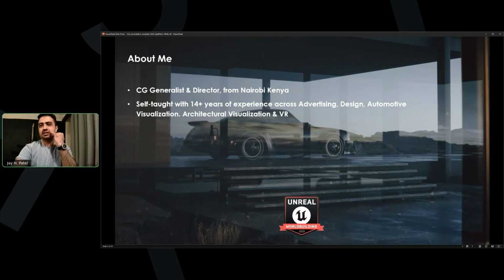I started learning CG back in 2010, and this came from an interest in film and gaming, mainly all those games we used to play in CryEngine, Crysis, and other titles. So I started learning CryEngine around 2012 before eventually switching to Unreal a few years after, maybe 2015.